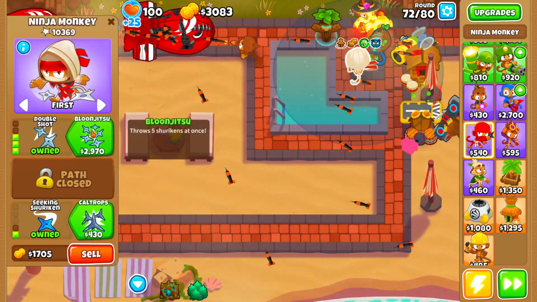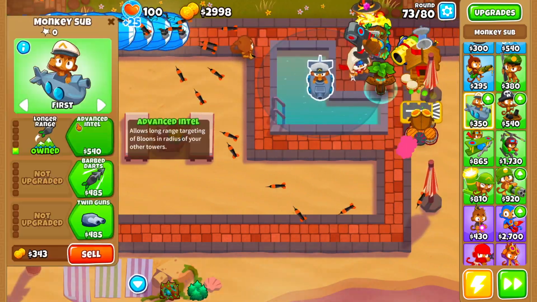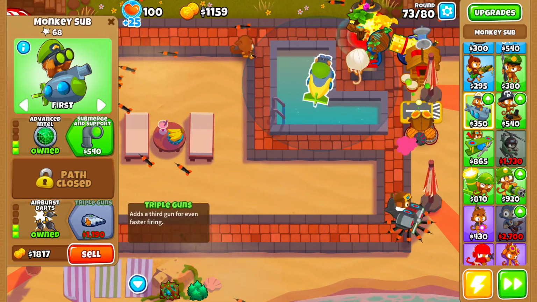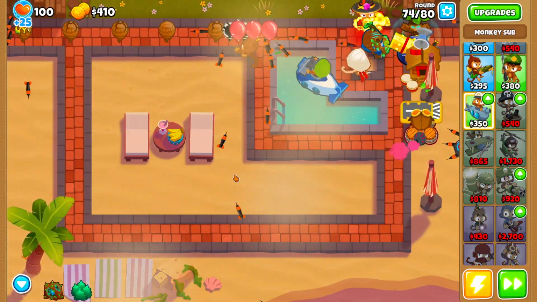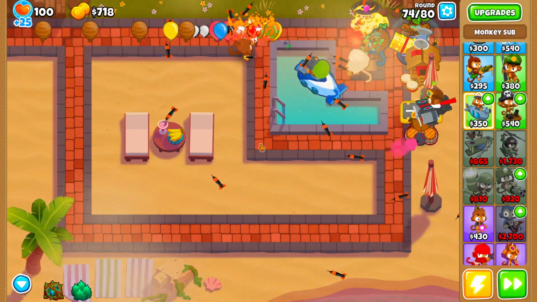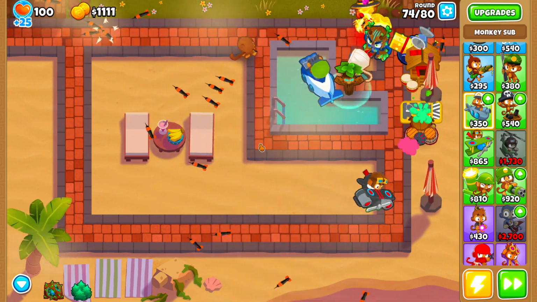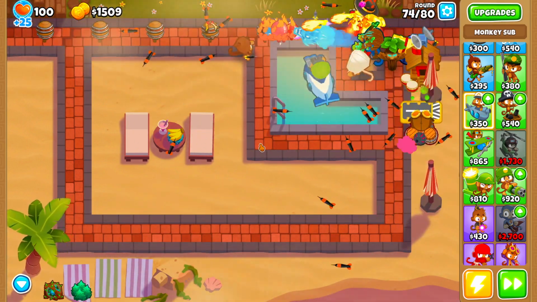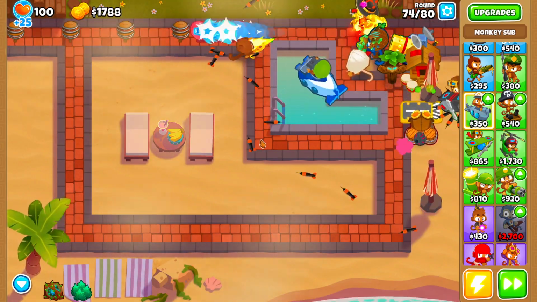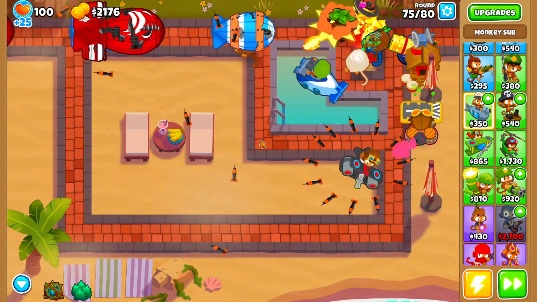I am going to be upgrading my ninja, no, I'm not going to upgrade my ninja monkey. I'm going to grab a monkey sub, and I'm going to upgrade it all the way up to armor piercing darts. That way we have a little bit more Moab popping power, because again, that's the only thing that this strategy is actually lacking with. We could have gone with the Bloon Jitsu ninja monkey, but we really didn't need that extra camo popping power, because we do have the Never Miss with the Alchemist, which is more than enough to deal with all of the...